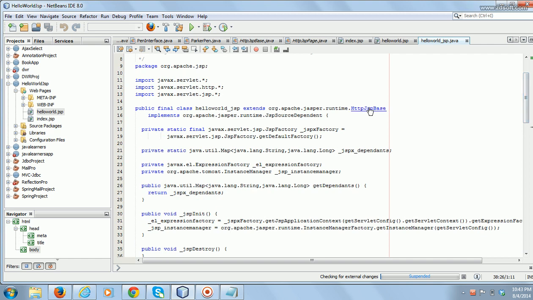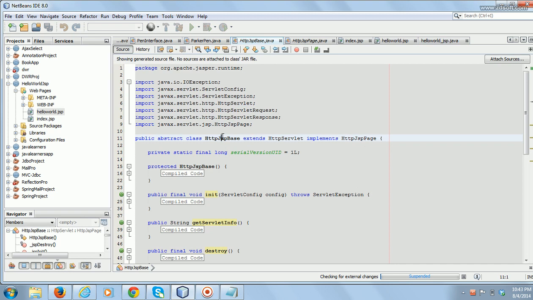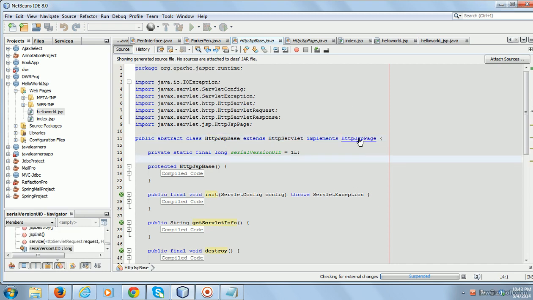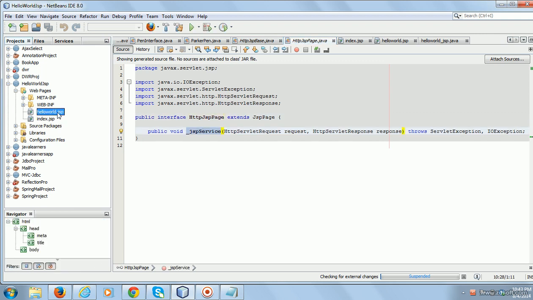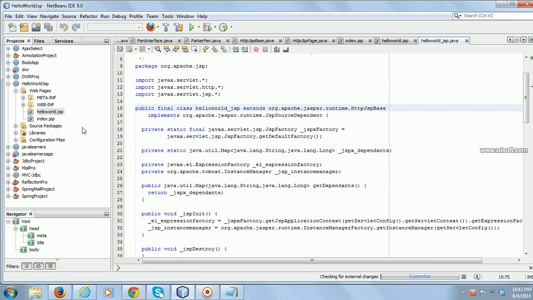If you click the HTTP JSP base, this class extended the HTTP servlet, as well it implements a HTTP JSP page interface. This interface contains the JSP service.